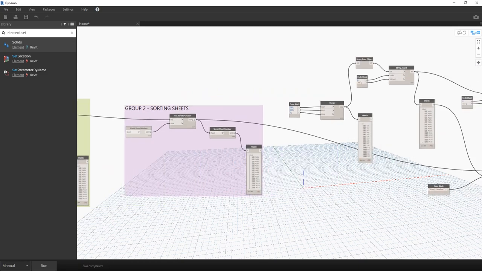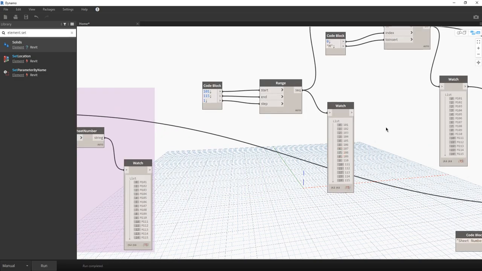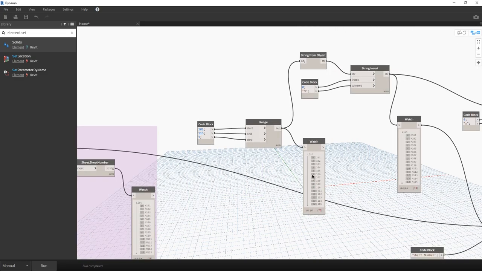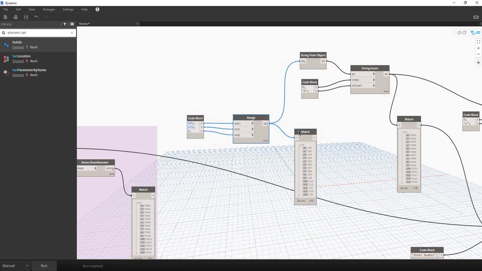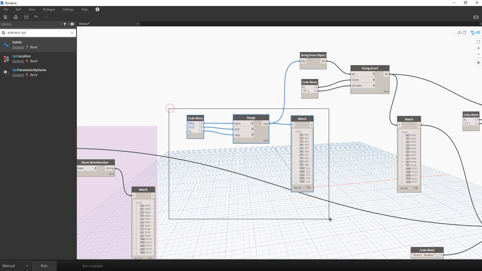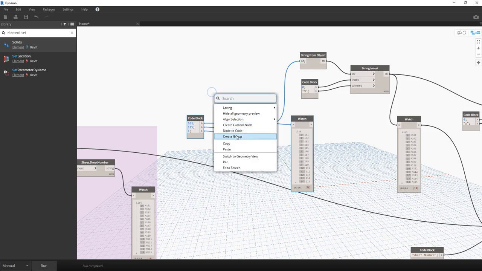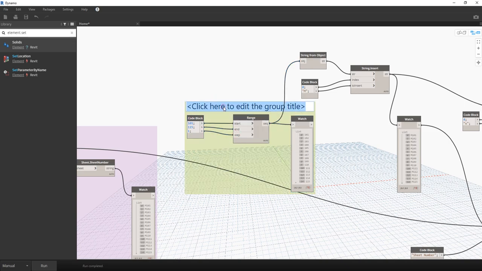And then next, we are going to group the nodes that we use to create this sequence number, which is this one. We use the range, so these three nodes here. I'm going to select these three nodes, then right click, create group. So this will be our group 3,